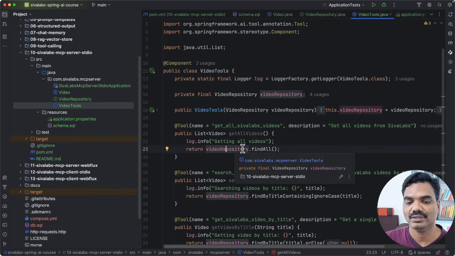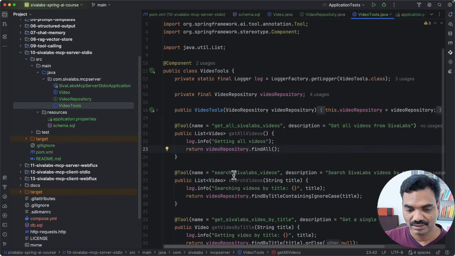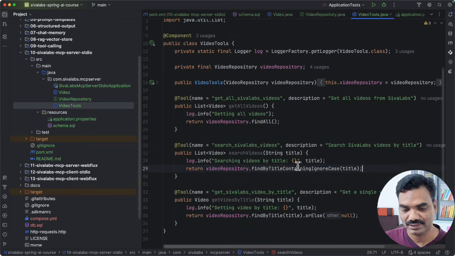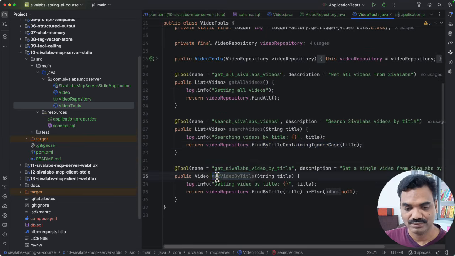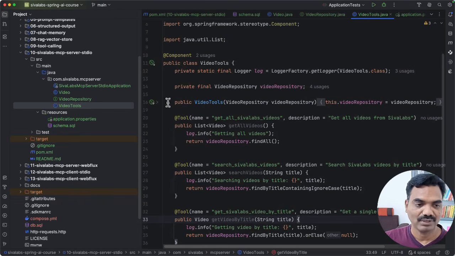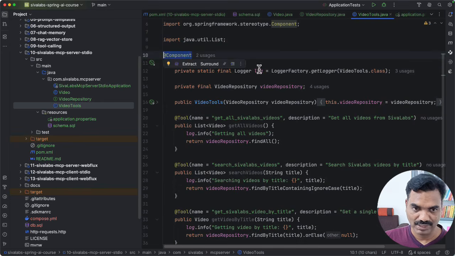and behind the scenes we are simply calling the video repository's findAll, and there is a tool to search SivaLabs videos by title, and again we are using findByTitleContainingIgnoreCase. So we are just doing a like search, ignoring the case sensitivity. And also we have another tool to get one particular video's details for the given title. So we have 3 tools exposed from our MCP server,